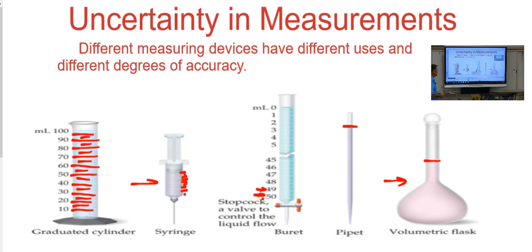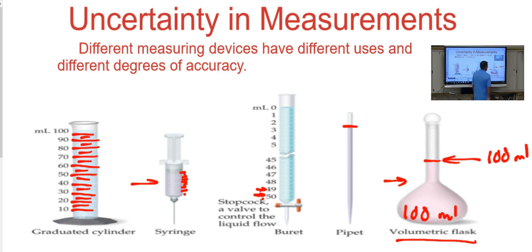A volumetric flask is always labeled with a number. So it would be like a 100 milliliter volumetric flask, and that line right there would be where 100 milliliters is. And there's no other graduation on it to measure. All right. Since we have a lot of different ways to measure a measurement, when we write that measurement,